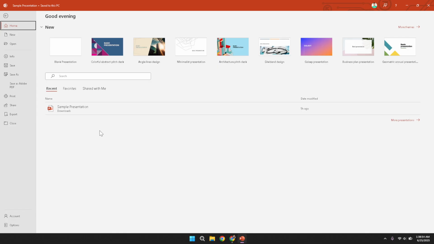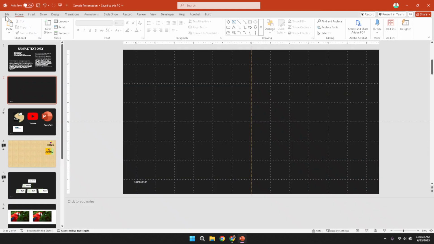during the next steps. After you have opened PowerPoint, locate and open the presentation where you would like to insert the location symbol. Whether it is a new file or an existing project, make sure that the presentation is set up and you are in the correct slide where the symbol is intended to appear. Remember that organizing your slides beforehand can save you time later if you need to navigate to a specific section